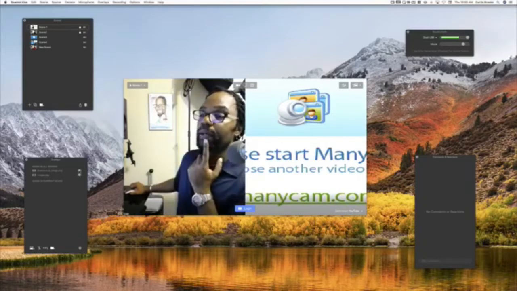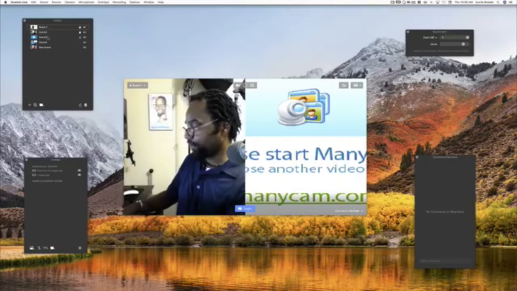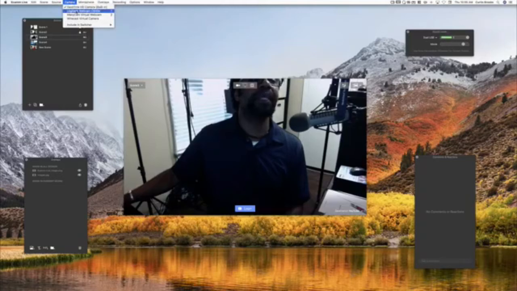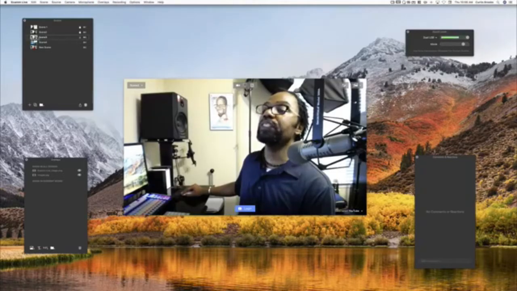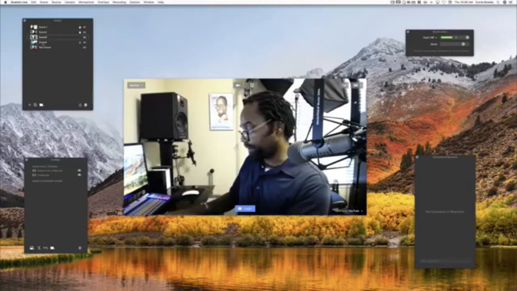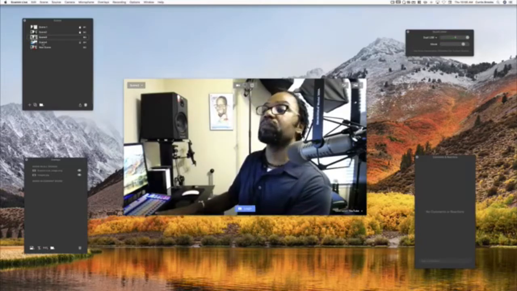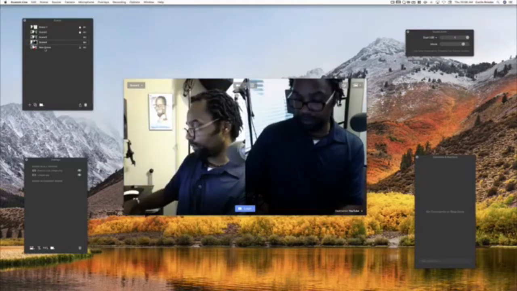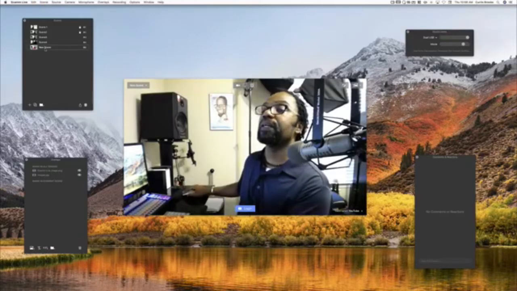And here's the cool thing about this. Each time that you bring in an image, so for instance, I'm on scene 1, let's see here. Let's go to scene 3. Command 3. Command 3 is my FaceTime camera. So let's go ahead and make this here the Logitech. So now we're at scene 3. Let's go to scene 4. That's command 4. And let's go to command 5.